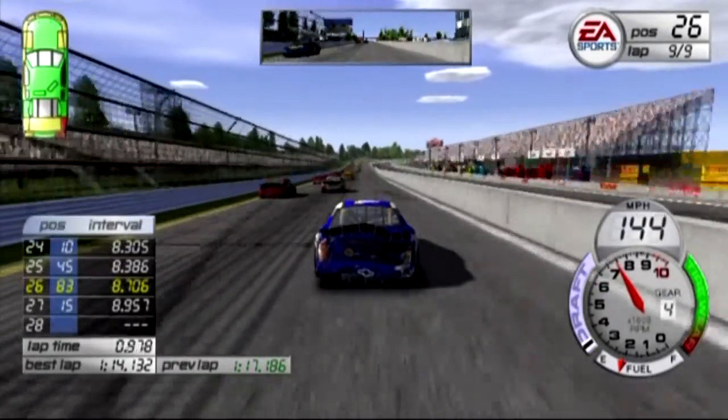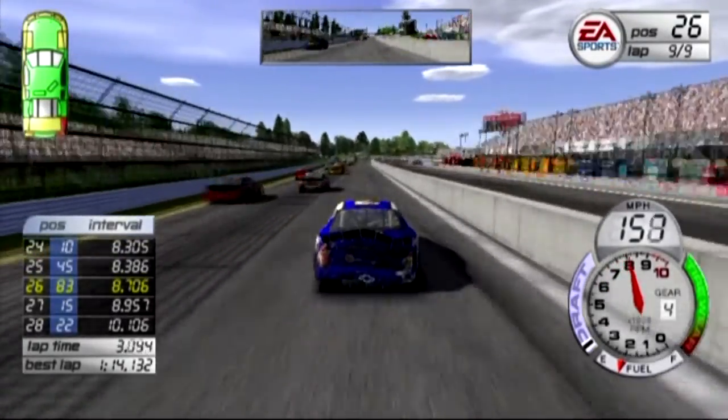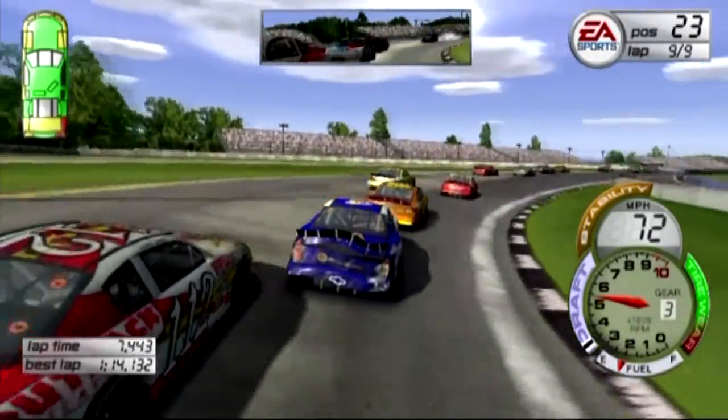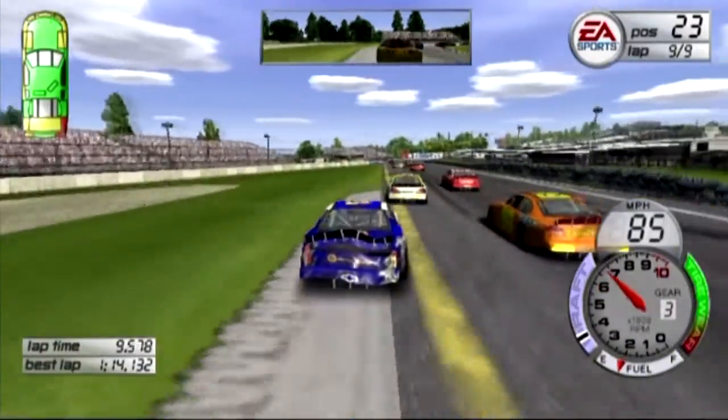I went into that turn, I turned a little bit too much, started to lose the rear end and I lost it. Got loose to the inside of Kyle Petty there. Moved to the inside of the 112 car. I think that's